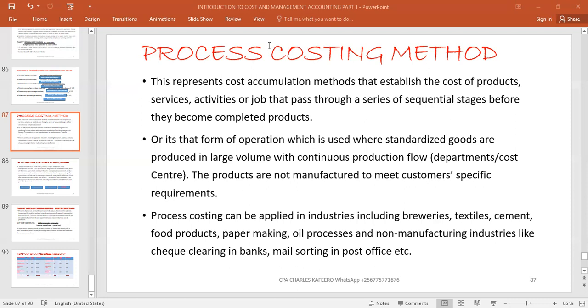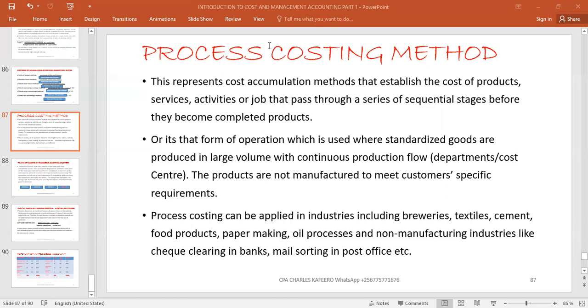If you know how to absorb overheads, then you can handle job costing and batch costing. The one which is a bit unique is contract costing. That one we shall look at. But without wasting time, allow me to kick off with what we have for now, since we've mentioned the other methods, and we are saying process costing refers